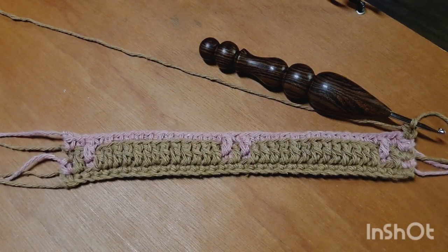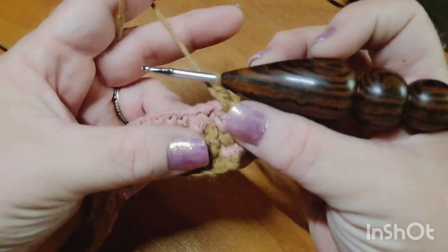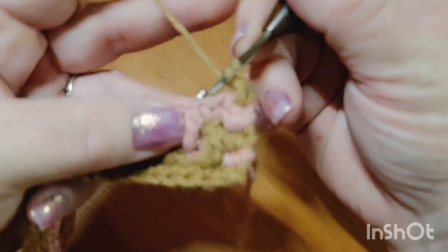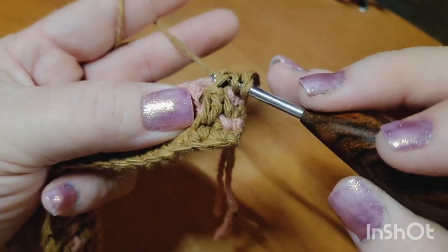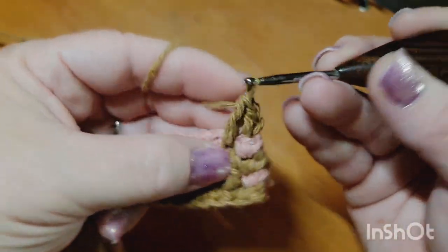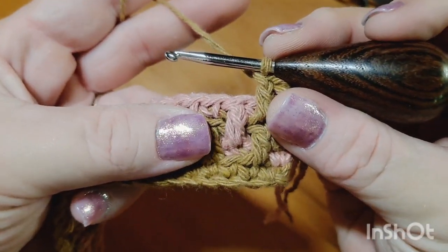Row 5 begins now, and we are working in color A. Row 5's repeat begins with 1 double crochet, 5 single crochets,